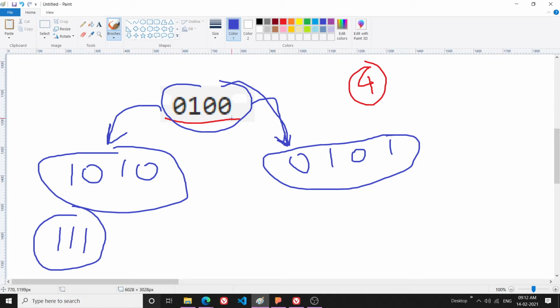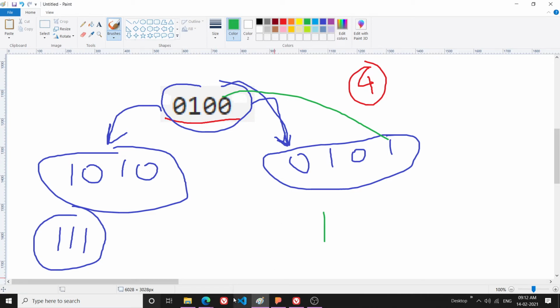I will go on to do the same step. My first character is matching, no problem. The second character is also matching, no problem. The third character is also matching. The fourth character is not matching, so I'll have to make one more step. I hope this problem is clear. You have to just divide it into 2 cases and see how many characters are matching. If there is a 1, then there should be a 1 in the possible alternating case.